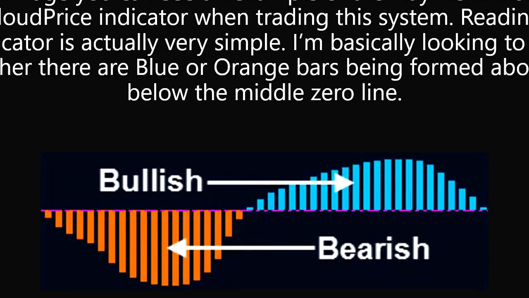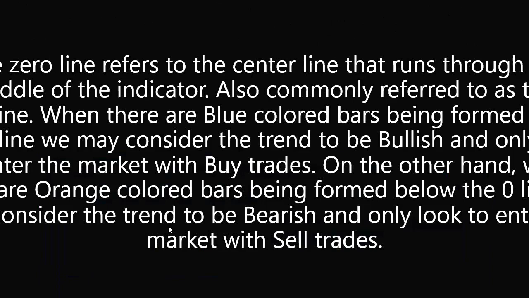when trading the system. So reading this indicator is very simple. As I've mentioned before, I'm basically looking to see whether there are blue or orange bars being formed above or below the middle zero line. Blue being bullish, orange being bearish. The zero line refers to the center line that runs through the middle of the indicator, also commonly referred to